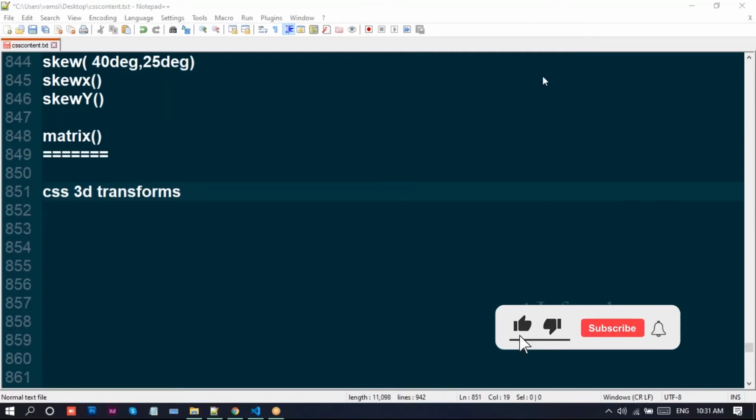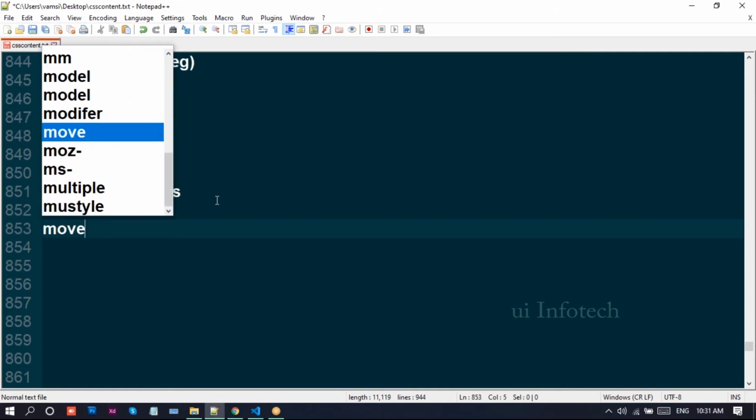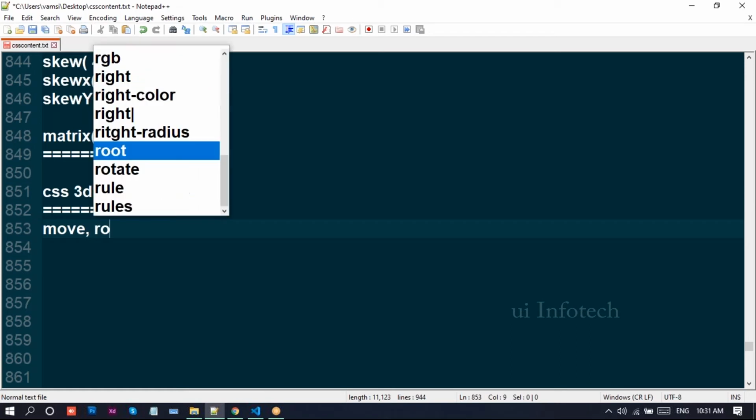So what are 3D transforms? The 3D transform features allow an element to be transformed in 3D space. Just as in the basic transform manipulations, in 3D we also have move, rotate, and scale.